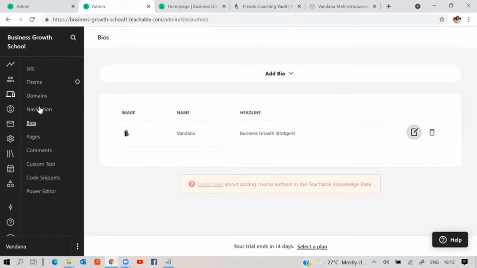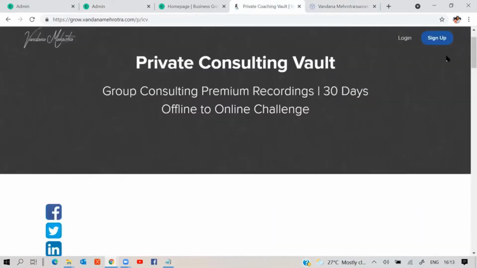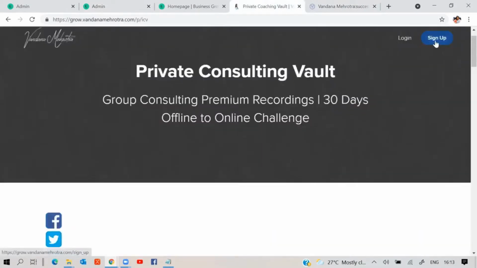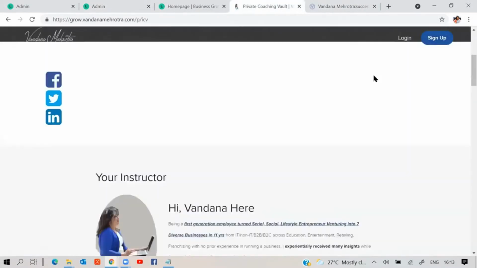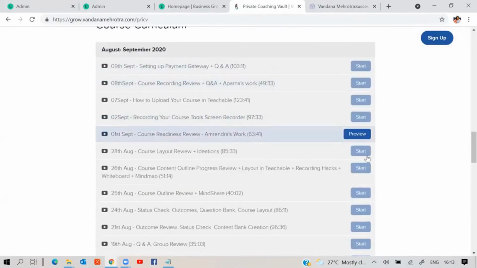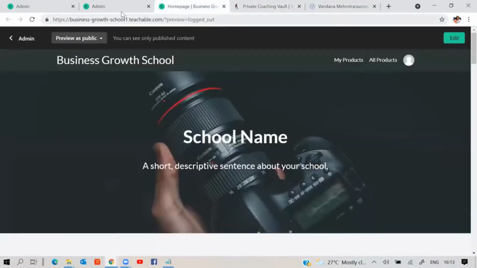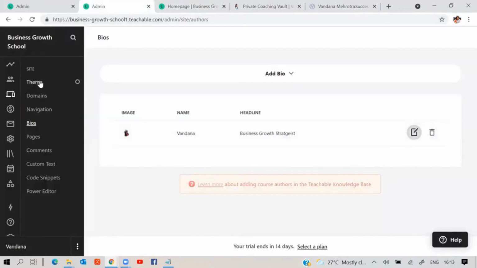On the site page, your theme, what are the color combinations that you want? For example, my site is always blue color. See, my sign up buttons are blue, right? The font, whatever I chose, so that becomes, even these buttons are all blue for me. Whatever is your color, green, yellow, purple, whatever, you choose that particular theme. That is important. Theme, site, what is the theme?